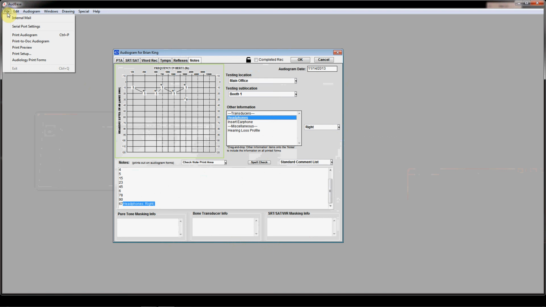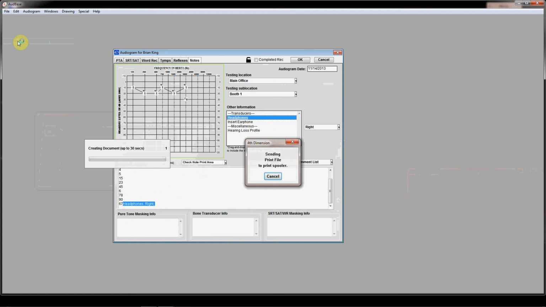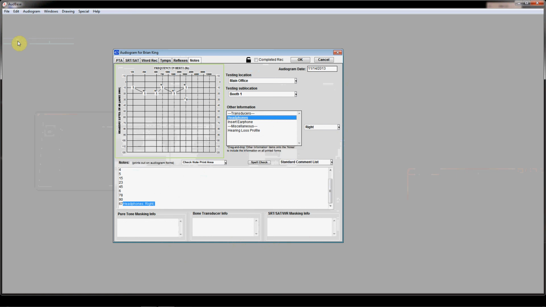So what I've done is in Preferences set it up to save it as the patient's last name, first name, and the study date. So if you come into File and select Print to Audiogram, that's going to automatically save that report to that Audio Reports folder, name it for me, and date it for me. So that's all you have to do to create an image of this report. Now if I go out